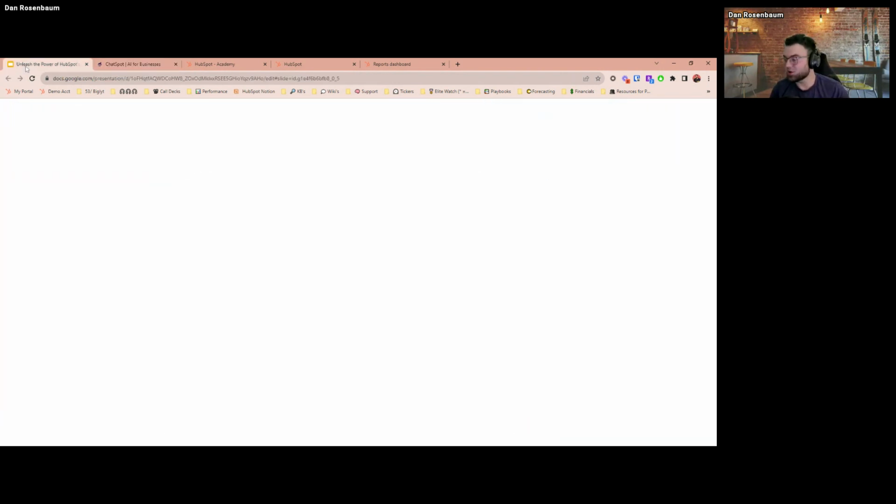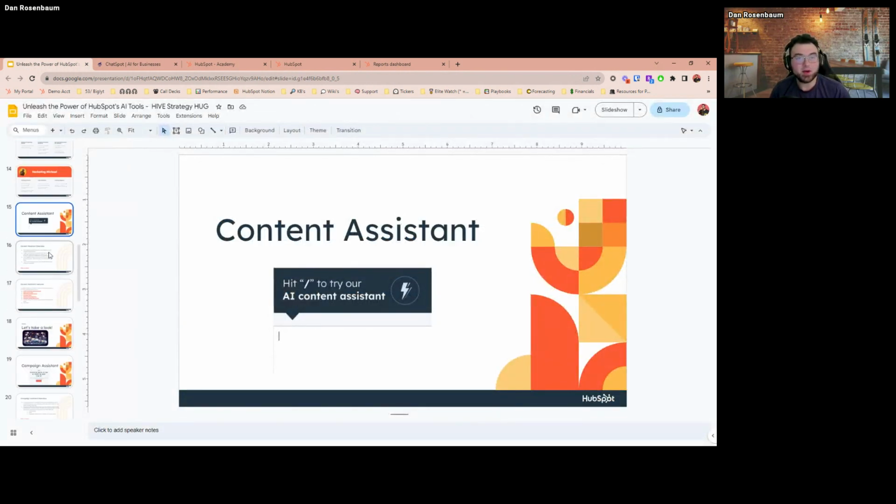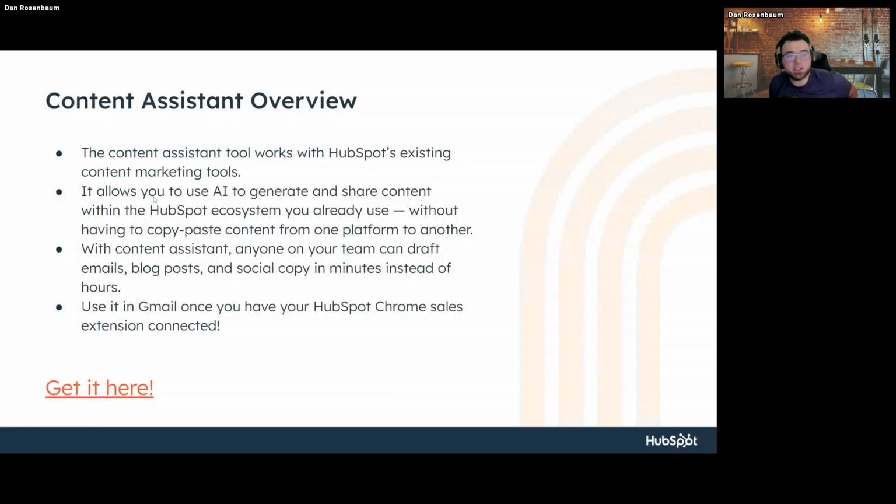But cool. All right. So we're going to move on from ChatSpot. We'll come back to it and talk about Content Assistant instead. Content Assistant is your true in-app HubSpot AI assistant, and it's pervasive throughout a bunch of the tools. It works with HubSpot's existing tools and is integrated into them directly, whereas ChatSpot is a separate applet, a separate punch-out.